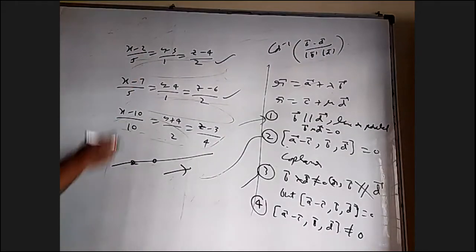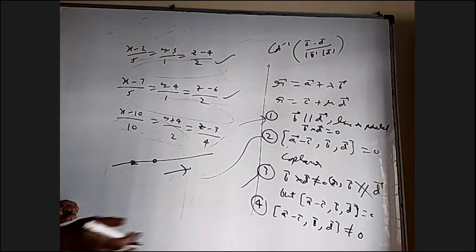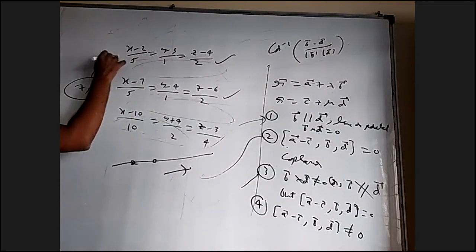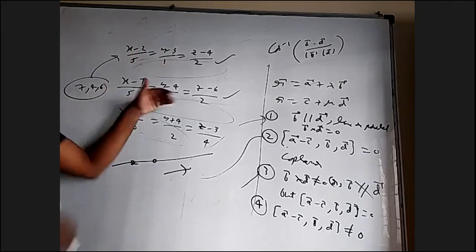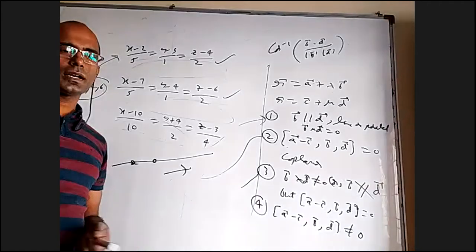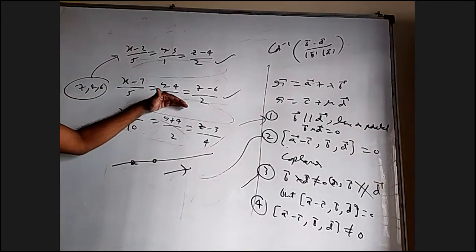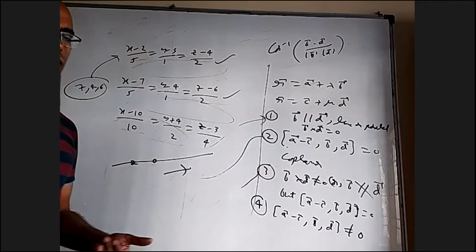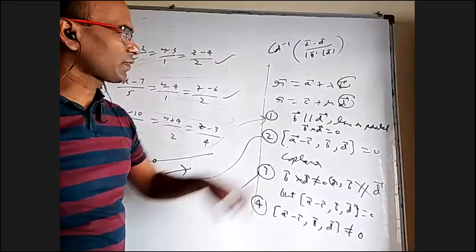If you want to check, take the point on this, substitute it. If it satisfies, they are not just parallel, they are coincident. What is the point on this line? 7, 4, 6. Substitute 7, 4, 6 here. Will it satisfy? Yes. So how can parallel lines have one point in common? It can't be, unless they are coincident lines. So if the denominators are proportional and the point on this satisfies this, they are not just parallel, they are coincident lines. If b and d are parallel, after that you check whether c bar is a point on this or not.